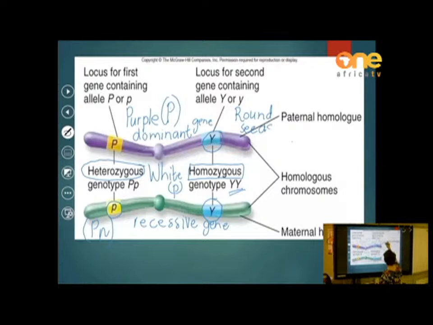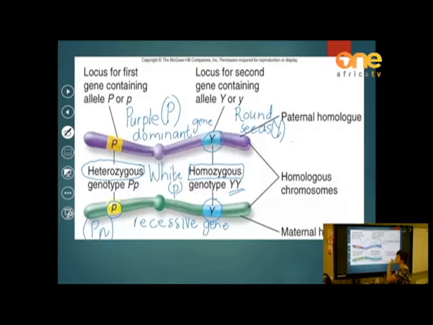And round seeds is dominant. Then it means the genotype on both the alleles are capital Y, so it has the same genes on both the loci, and therefore we say the genotype for seed shape is both dominant, round seeds,